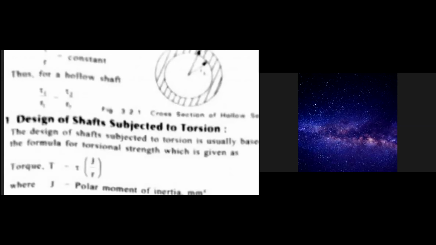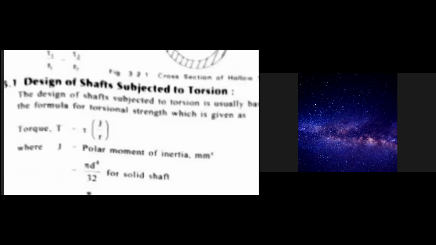And for a hollow shaft, tau 1 by tau 2 is equal to R1 by R2. So tau and R are proportional to each other, and we can design the shaft that is subjected to torsion. So what is the torsion equation? By considering its strength,